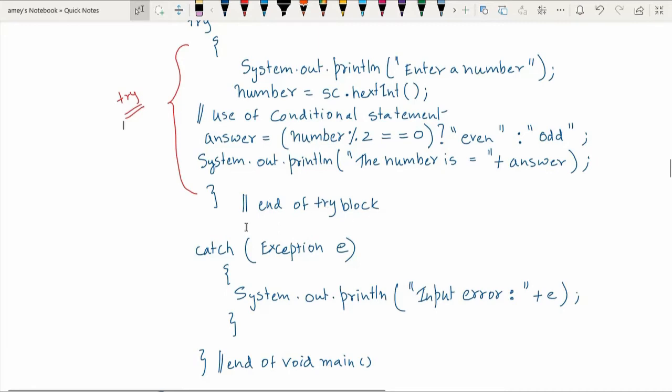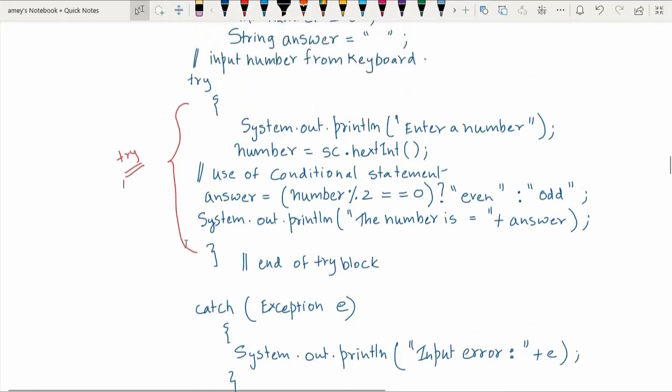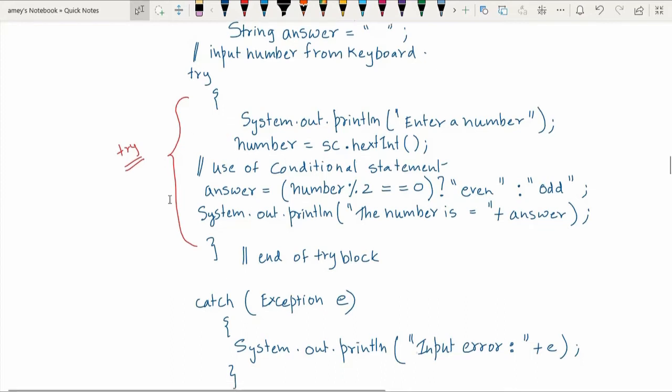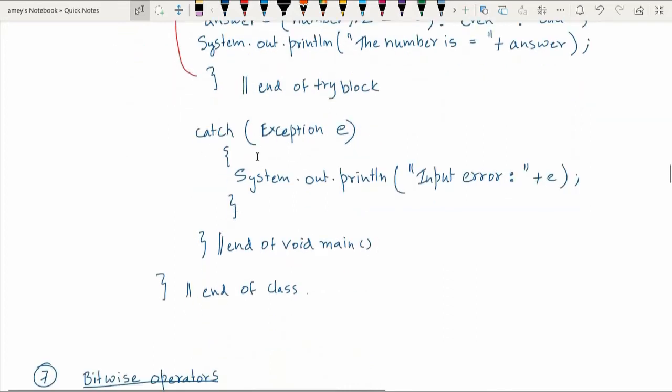So this is the end of the try block. All this you are going to write in a try block. Why a try block? Because while taking input, Java considers the fact that the user might make some error. So the try block will try to catch such an error. Now this catch block is going to handle that error.